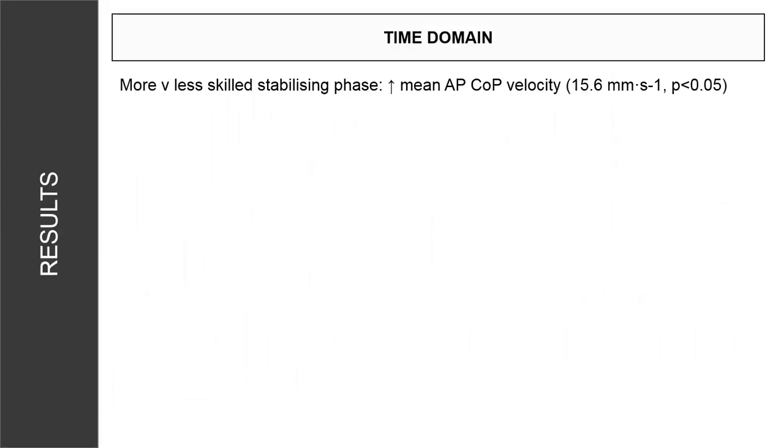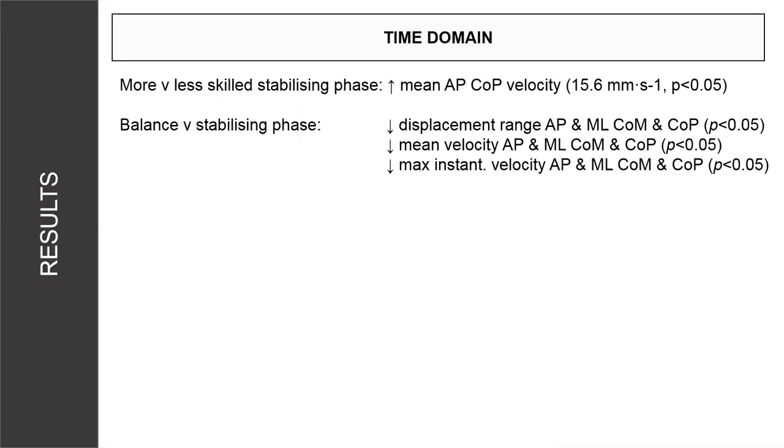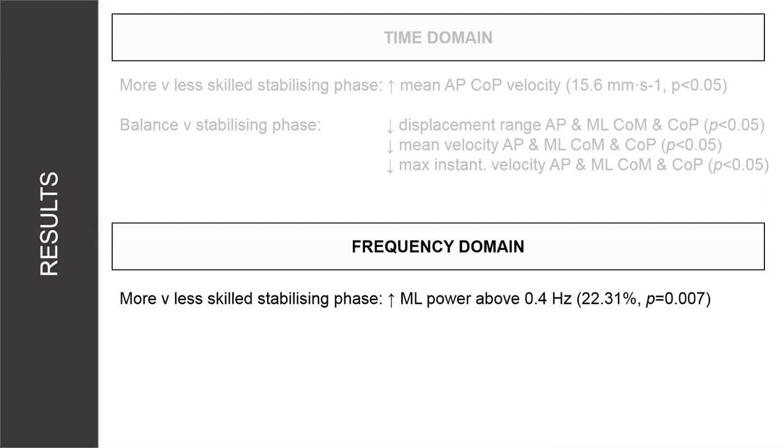So first of all, within the time domain, the more skilled gymnasts had a greater mean anterior-posterior center of pressure velocity than the less skilled gymnasts. And during the balance phase, there was lower displacement range, mean velocity, and maximum instantaneous velocity than during the stabilizing phase. In the frequency domain, more skilled gymnasts had a greater mediolateral power above 0.4 Hertz, which has been associated